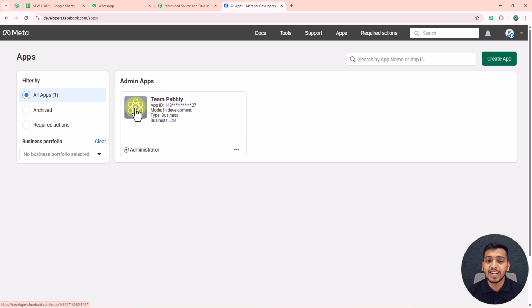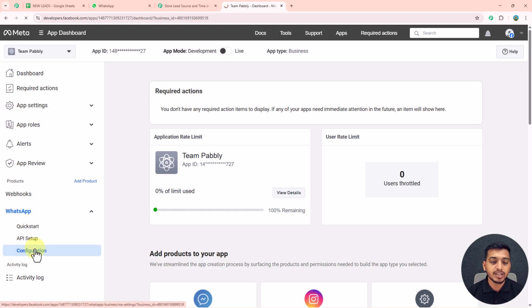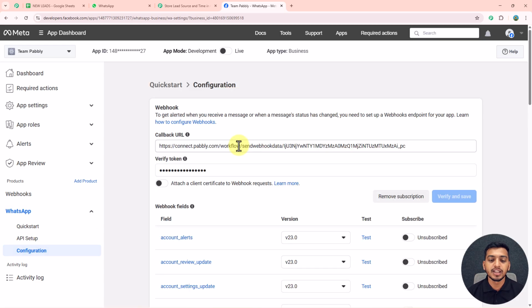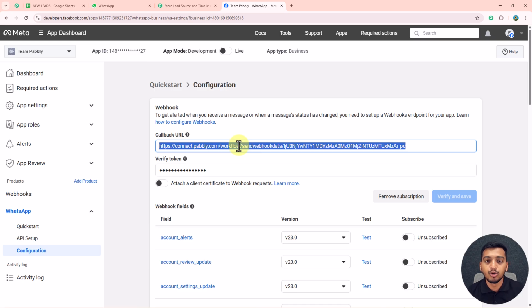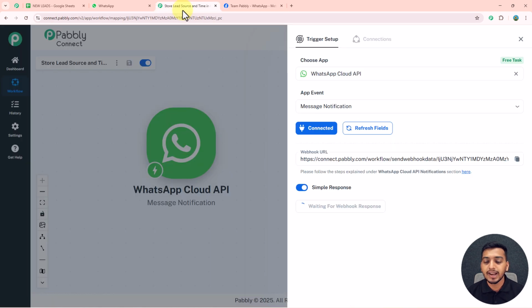So you have to select a particular app, and inside that particular app you have to click on this WhatsApp option given on the left side here, and from this drop down you have to click on this configuration, and inside this configuration you have to paste the webhook URL that you have copied from Pabbly Connect in this particular callback URL box. And after that, for this verify token, we will go back on my Pabbly Connect account, and